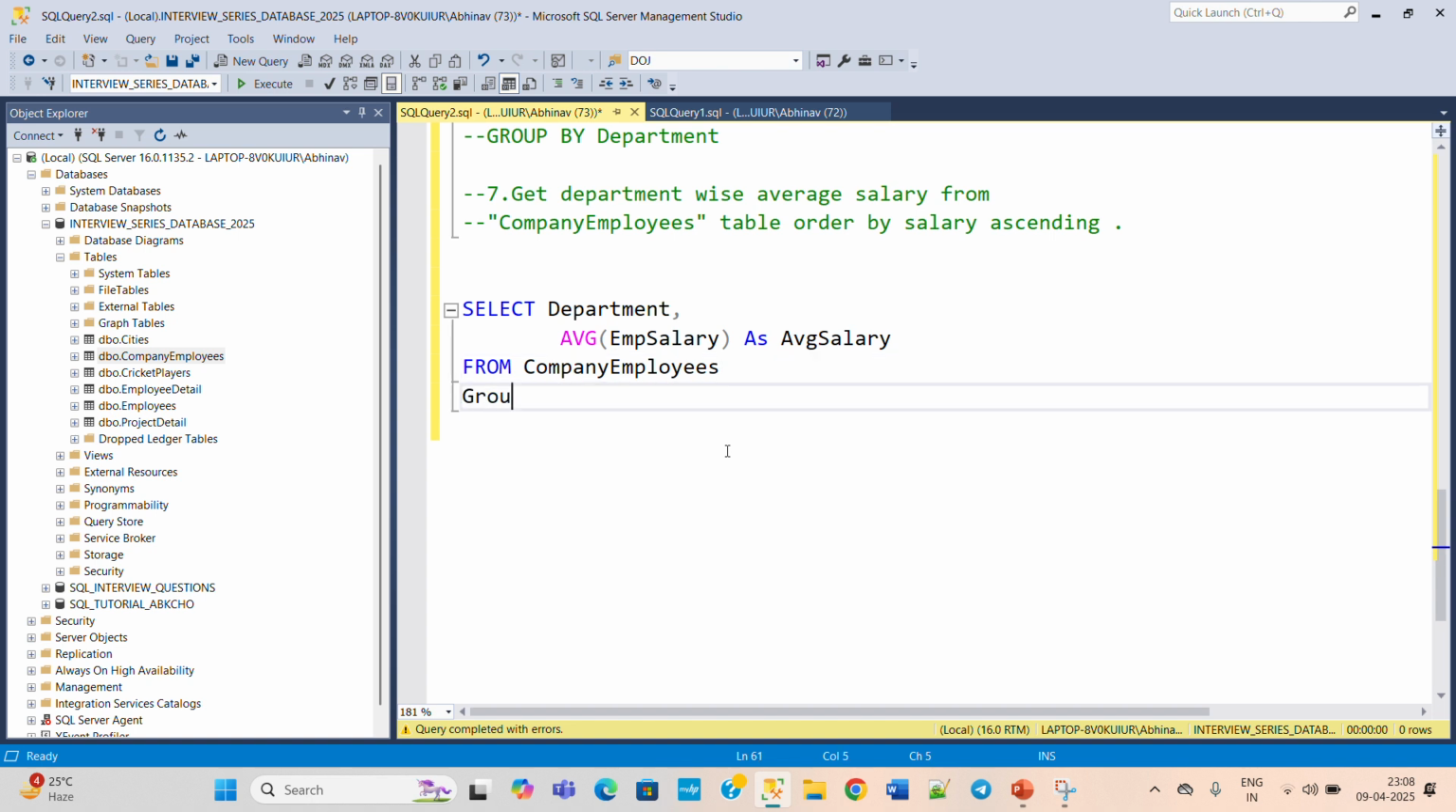So group by department, because we need average salary by department. Okay, and then at last we have to order our salary by ascending order. Okay, order salary by ascending. So how to do this now? Right, order by average employee salary,